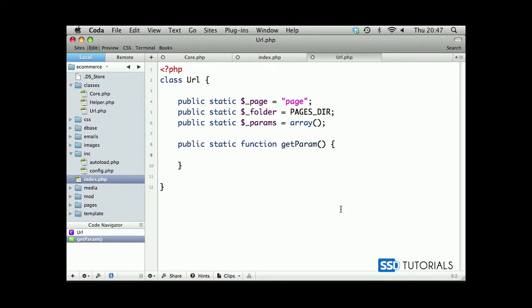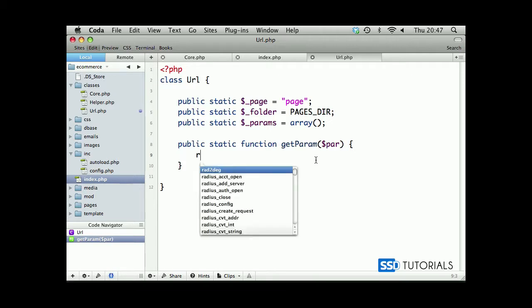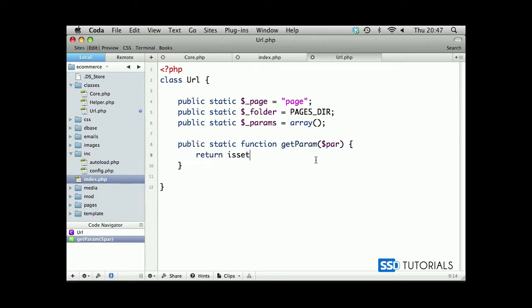So we are inside of our URL class. The first method is called getParam. We will be passing one parameter here, which will basically be the key which we want to return from our URL. We call it $par, with the dollar sign. So return, and now isset, if isset GET with this specific parameter,